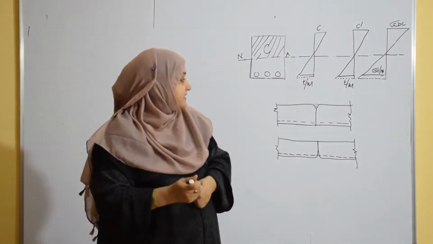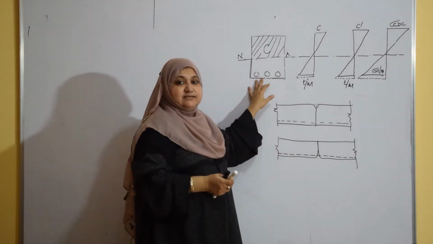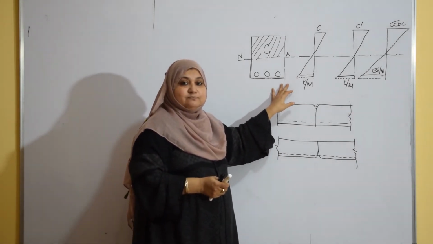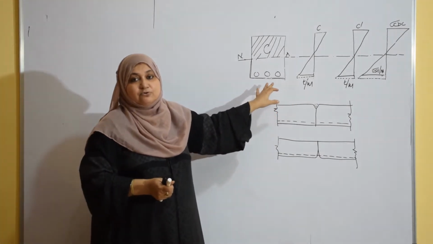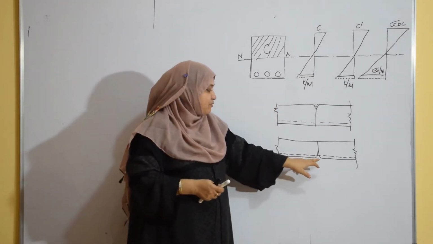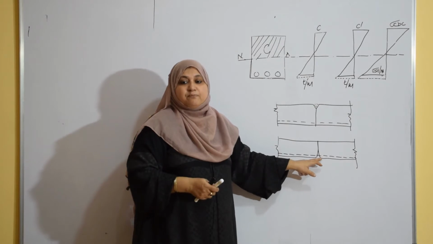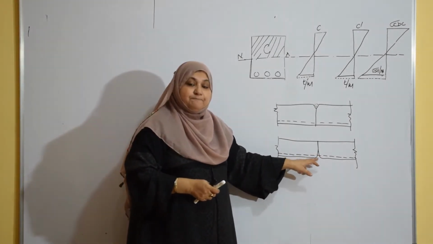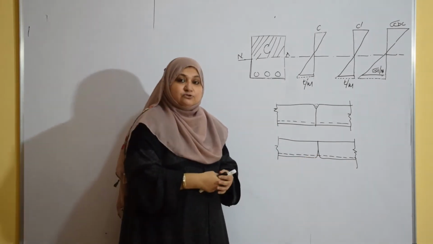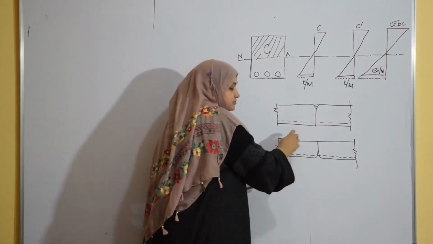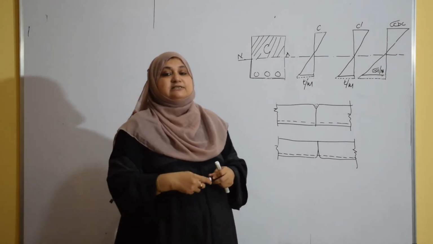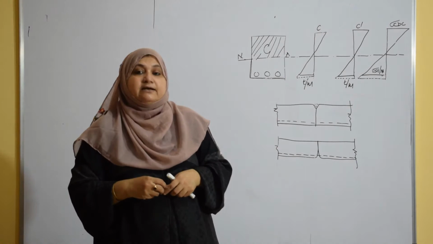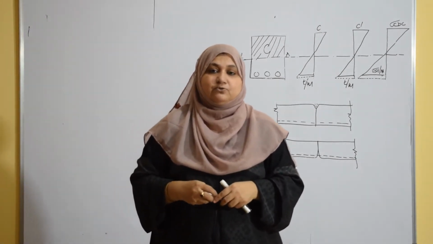But in case of tensile stresses, as the tensile stress increases and reaches its permissible value, beyond that it pops up at the bottom. So the beam may fail due to the failing of steel, or sometimes due to the crushing of concrete at the top. When the steel reaches maximum permissible stress and it fails due to the steel, then it will give warning before failure.